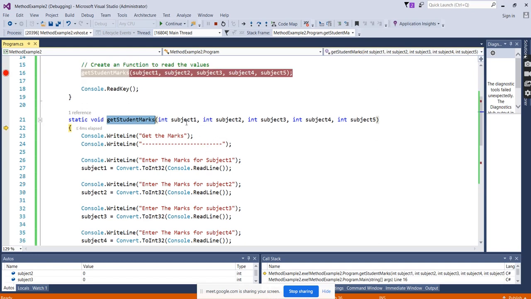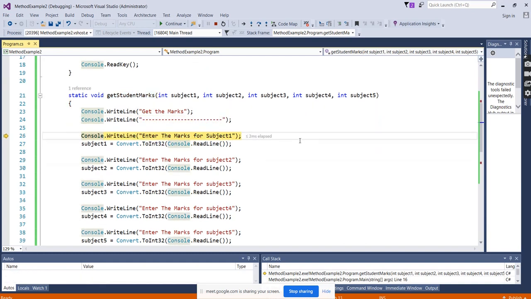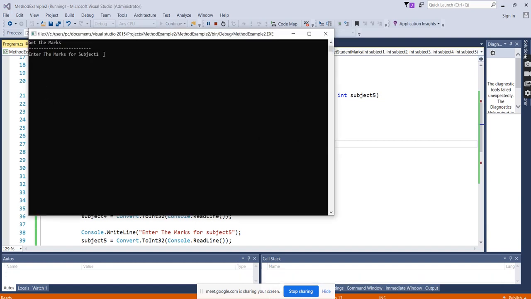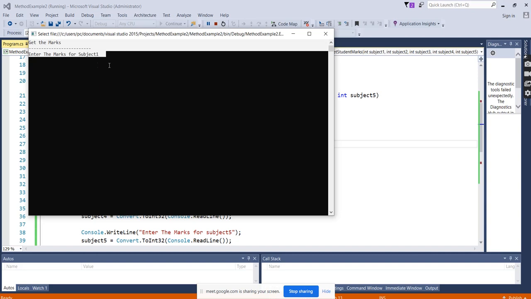Okay, see what values it is passing. It is passing the default values for the subjects because we have assigned only default values. We are not given any hard-coded values. We are trying to take the values from the user's input. Now we will ask for the subject. See, the first three lines are executed.